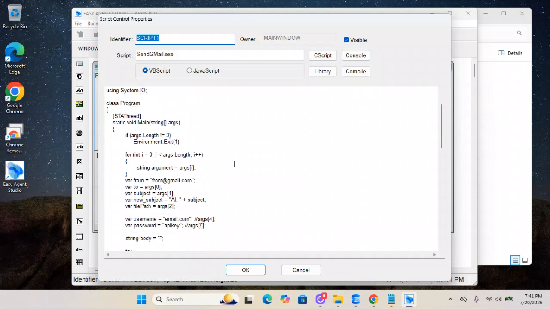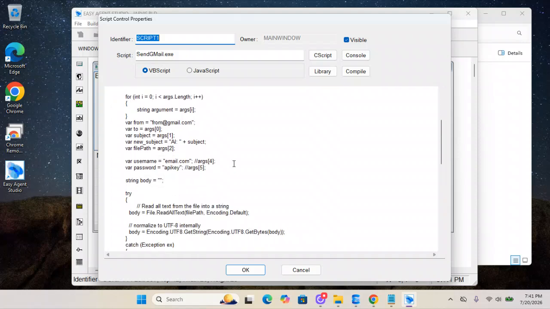We need to make some changes here. The from Gmail right here, we're going to change. We're going to put in from Easy Agent Studio